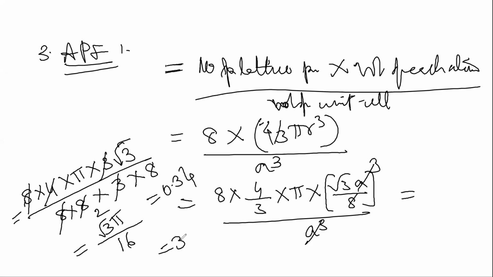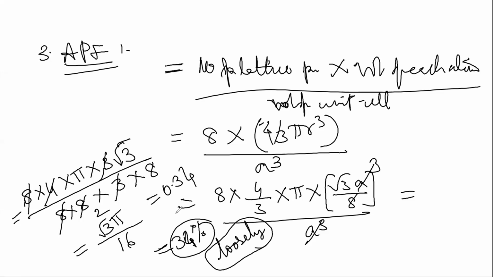That is, students, you see, only 34% is occupied by the atoms. That means it is loosely packed. It is not tightly packed, it is loosely packed. 34% of the unit cell is occupied by the atoms, so the rest, 66%, is free space. Now this is the way we can derive the 3 parameters.